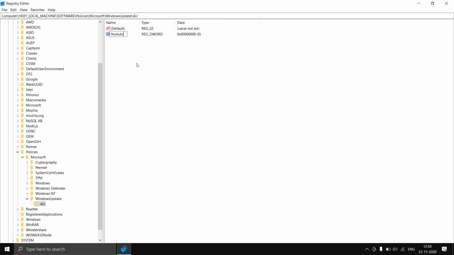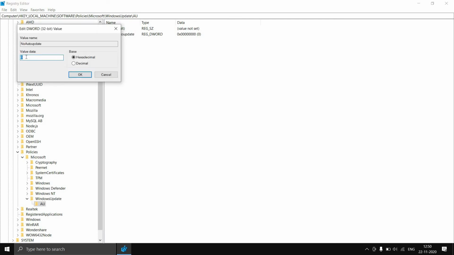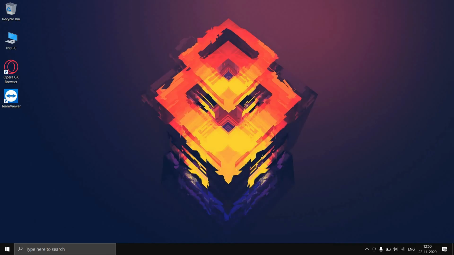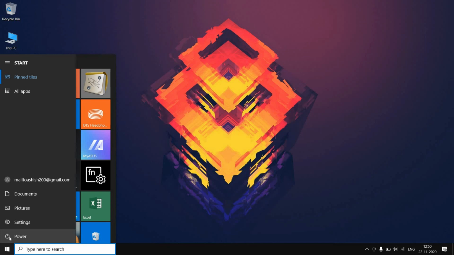Now once you have created this new key, make sure to name this new key as NoAutoUpdate. After that, double click the NoAutoUpdate key and change its value to 1, and then click the OK button. Now once you are completed with all these things, what you have to do is you have to restart your computer, and once the restart is complete, you will notice that the Windows 10 computer is no longer installing